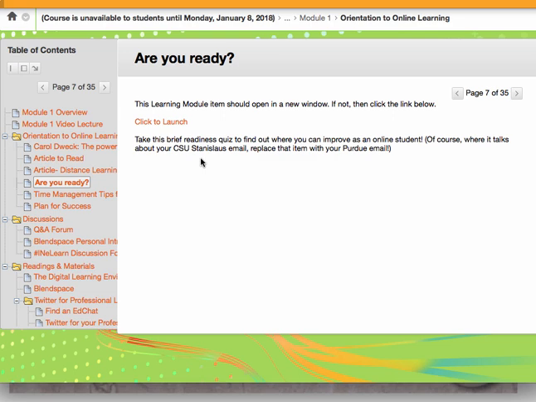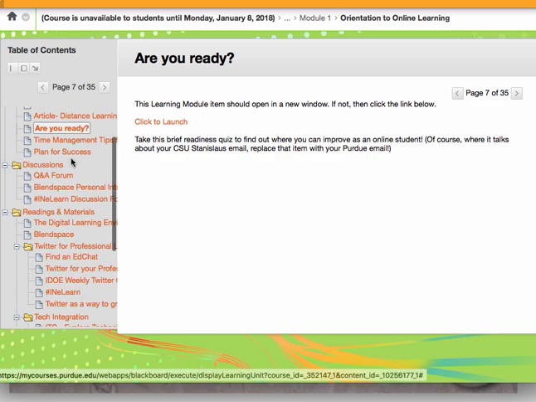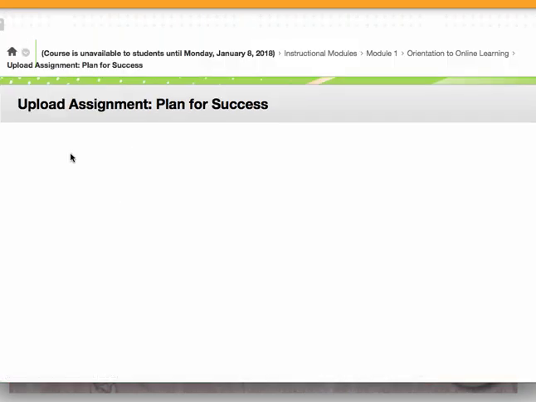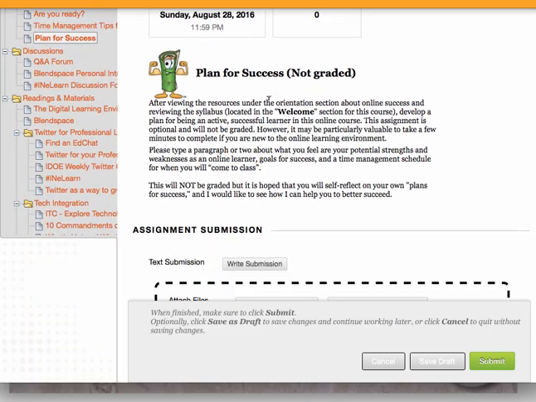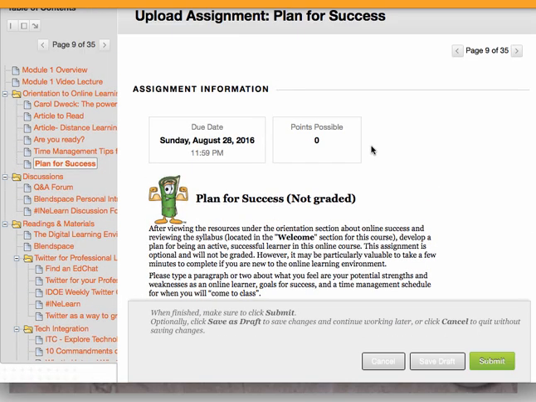to keep in mind what's expected, and the workload is very different in an online class. So if you're just now experiencing that for the first time, there are some tips in there that are going to help you. And there's even a little assignment, and you can fill it out. Again, it's optional. It doesn't have any points attached to it,